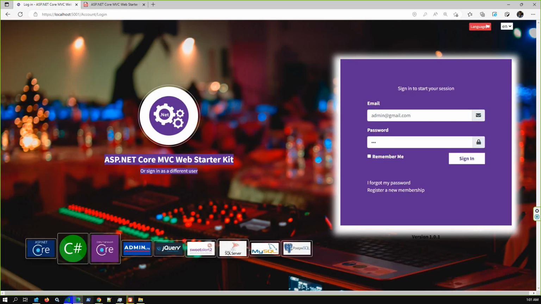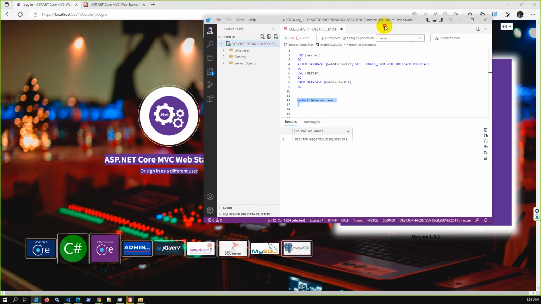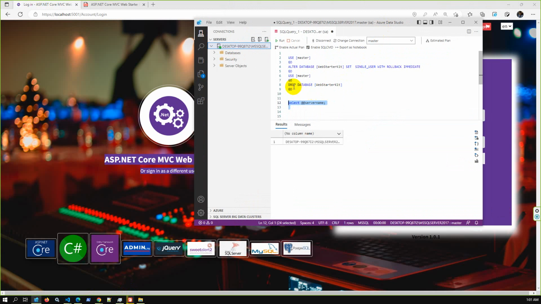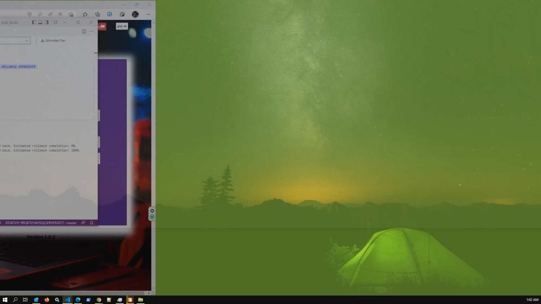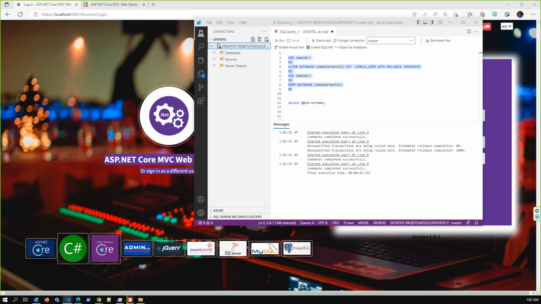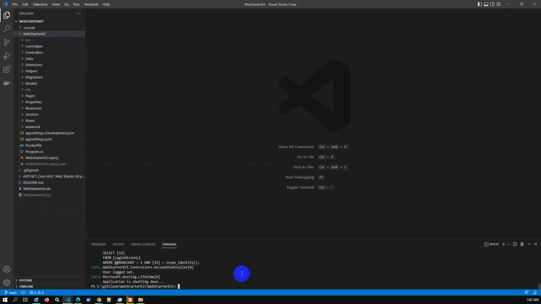So let me delete the data. I first delete MSSQL, then MySQL, and I will show PostgreSQL as well. If I run this script, the DB will be disconnected and deleted. So here is the project. If I build and run the project again,